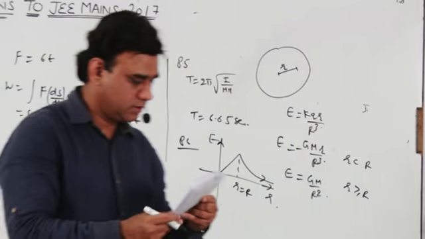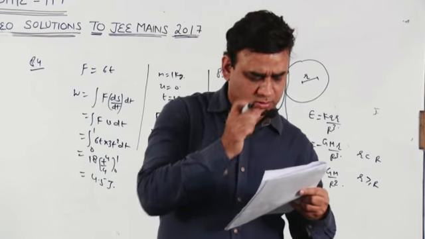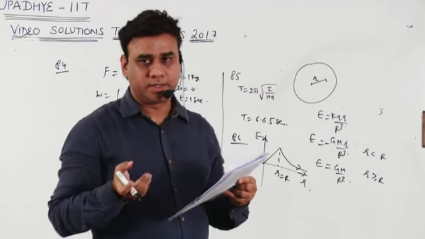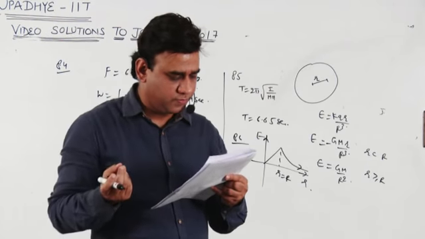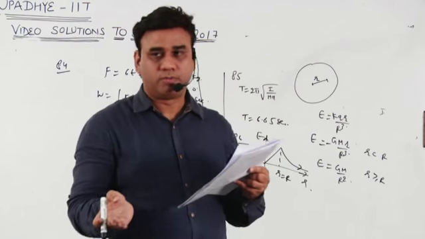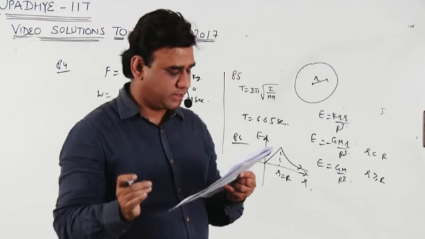Now let's move to question number 87, and this is basically based on kinematics only. A body is thrown upward. While the body is moving upward, we can take the upward direction as positive, since they are asking about velocity, not speed. So when the body is going upward, it will be positive direction, and when it is going downward, it is negative direction.